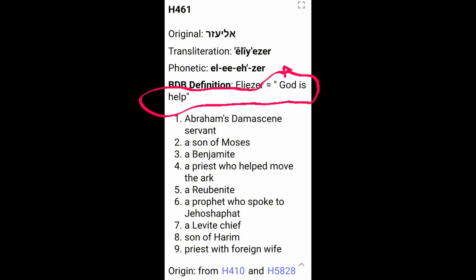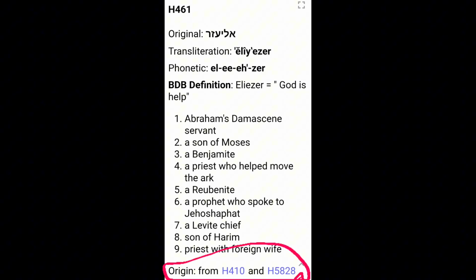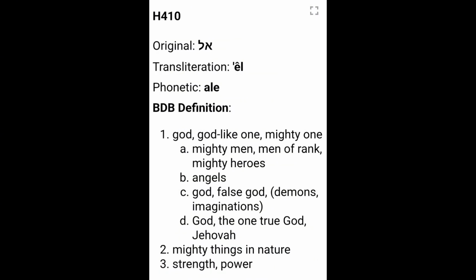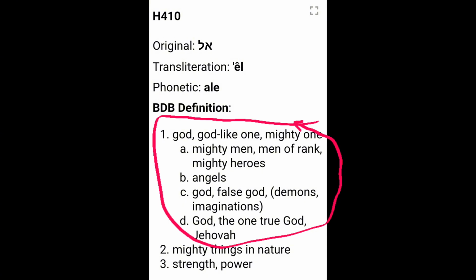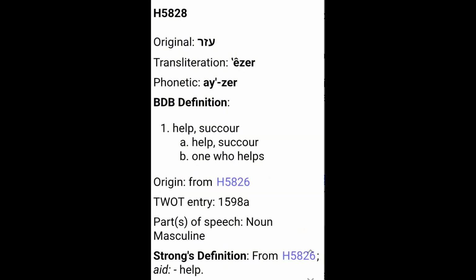Eliezer. And the definition is God is help. And we see the origin as H410 and H5828. We've seen H410 before. This is Al, Aleph, Lamed, and it means the Great One or God, as we've seen before. And now looking at the second half of Eliezer, H5828, which just happens to be the same word in the verse we looked at for the word help, which is also